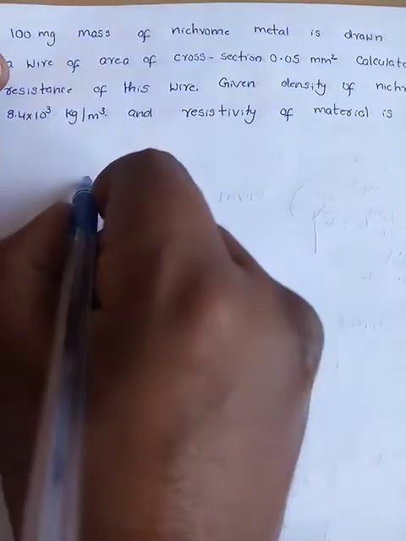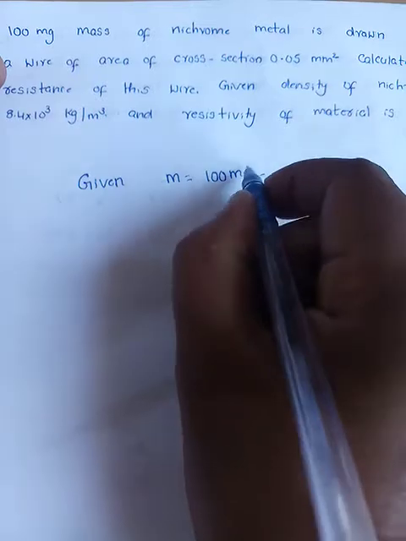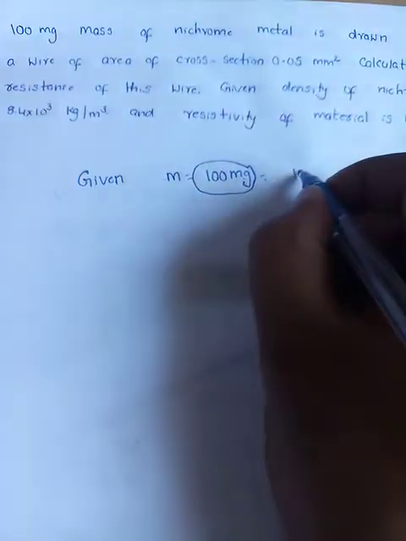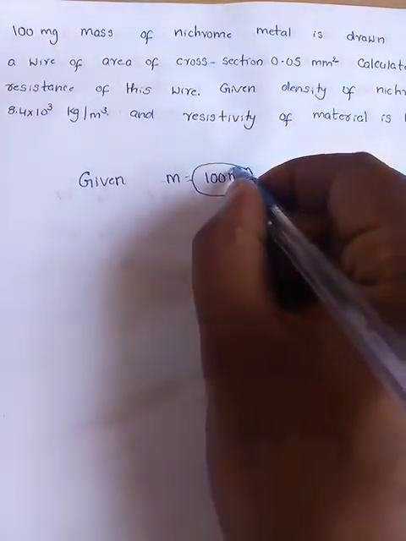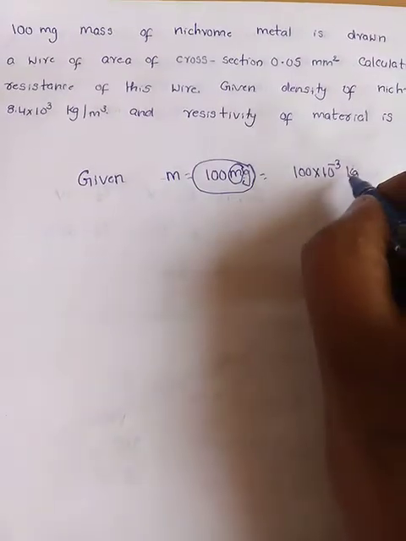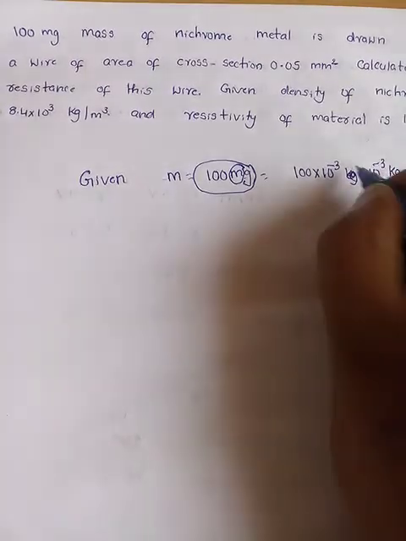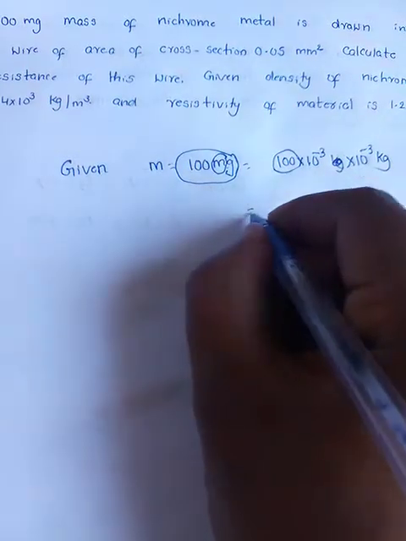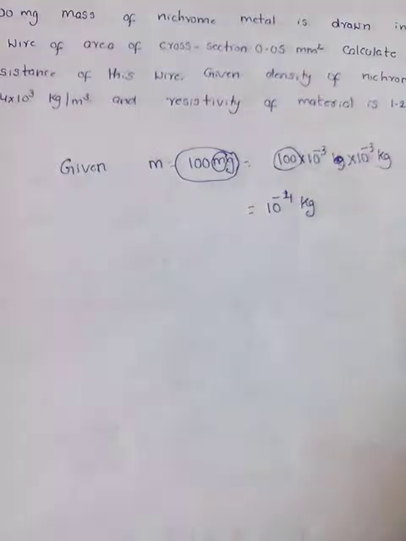So here what are the given things? Mass of the substance. What is the mass of the substance? 100 milligrams. So here you should remember that we have to convert into kg. 100 into, everyone will write 10 raised to minus 3 kg. No. Here they are saying milli, so only 10 raised to minus 3. Again we have to convert grams into kg, 10 raised to minus 3. So minus 3 minus 3 gives minus 6. Here 100 means plus 2. So how much do we finally get? 10 raised to minus 4 kg.